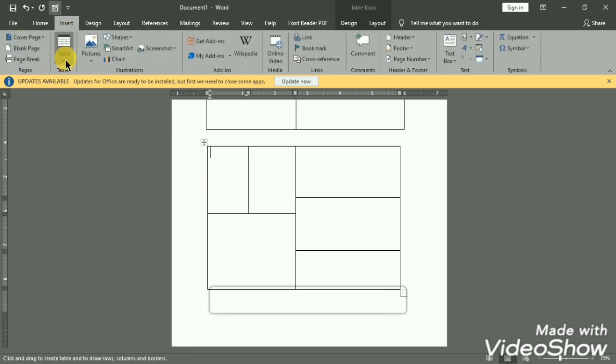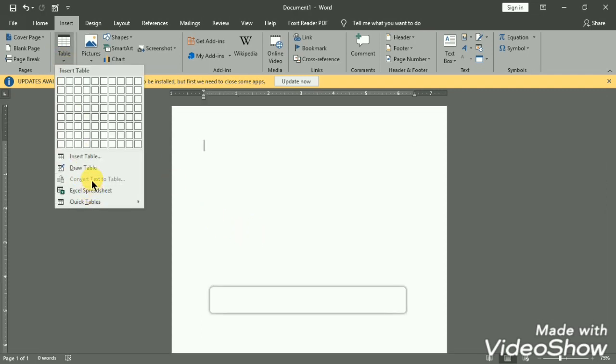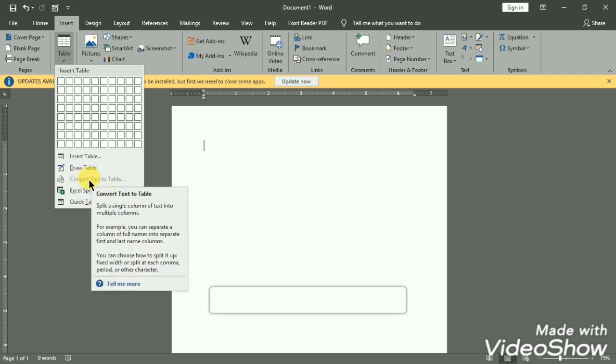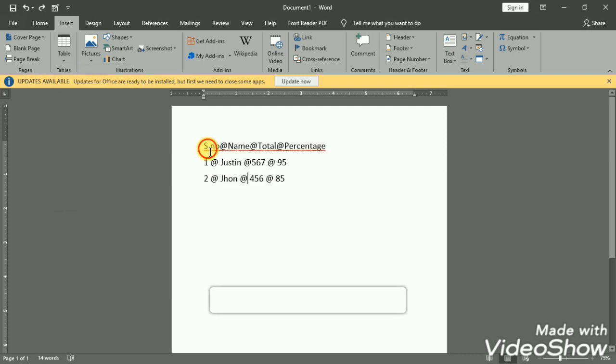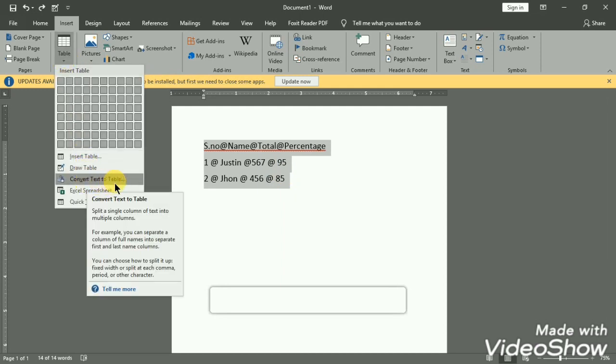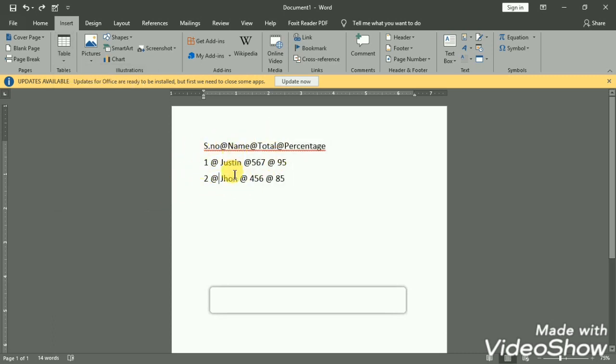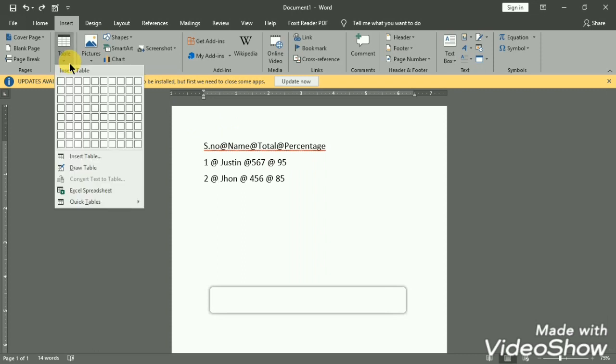And next one is convert text to table. When we use convert text to table, it means if I have written something in a text format, but now I want this data in a table format, what do I have to do? I can use the convert text to table tool. Whenever we select the text, then only the tool will be enabled, otherwise it will be disabled.